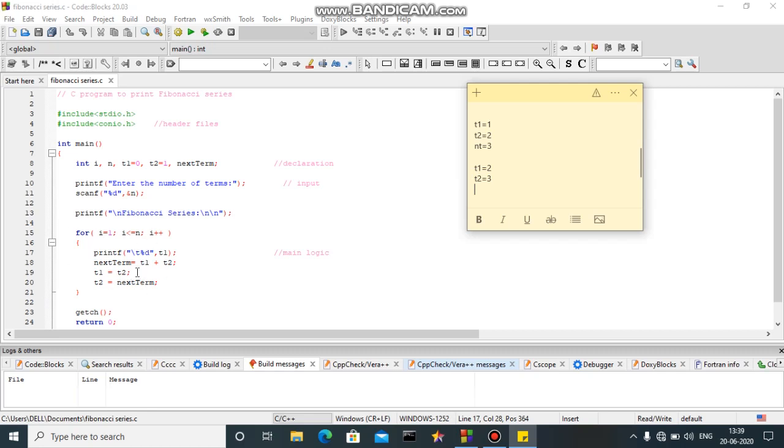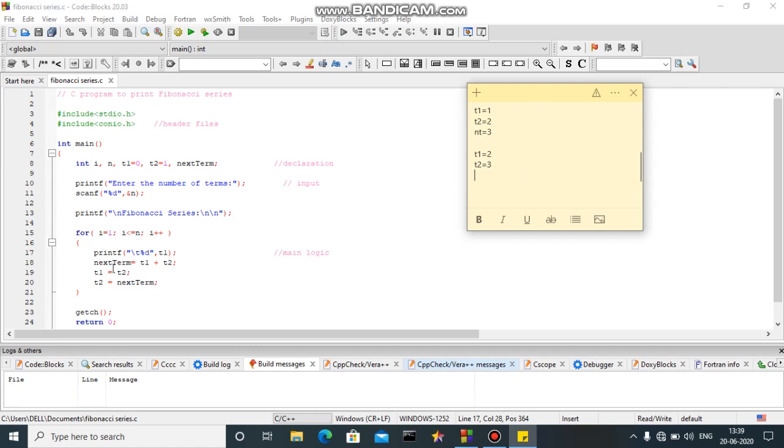Again for the next iteration, we will print the value of t1 first. The current value of t1 is 2. Now we will print here 2. As you can see, we'll get our output as 0 plus 1 is equals to 1, 1 plus 1 is equals to 2.